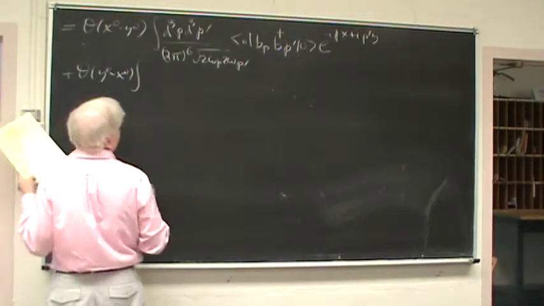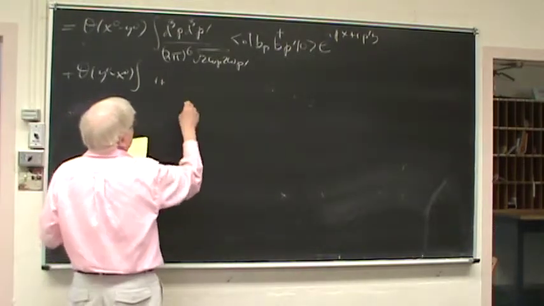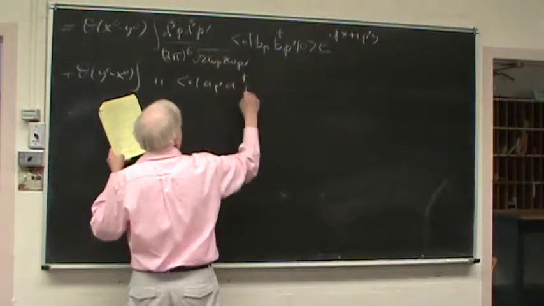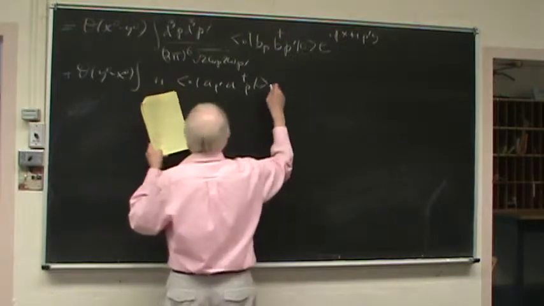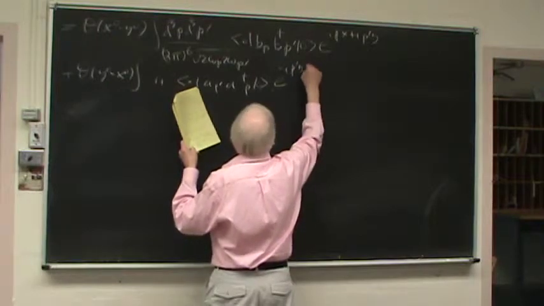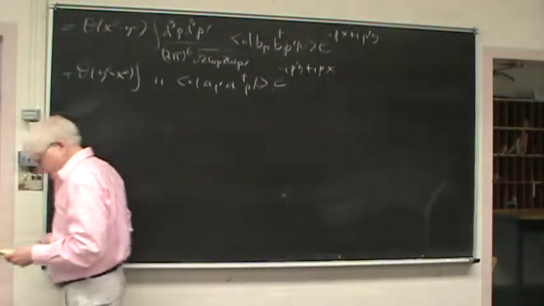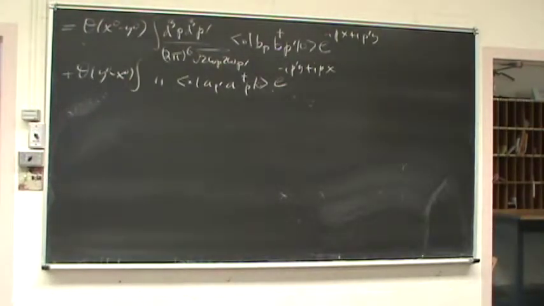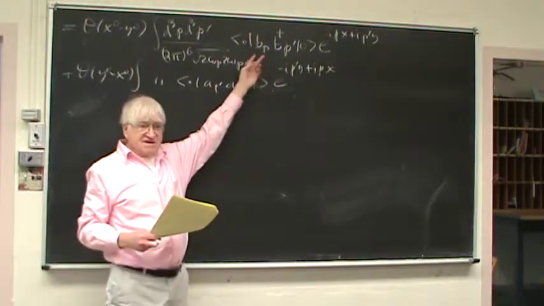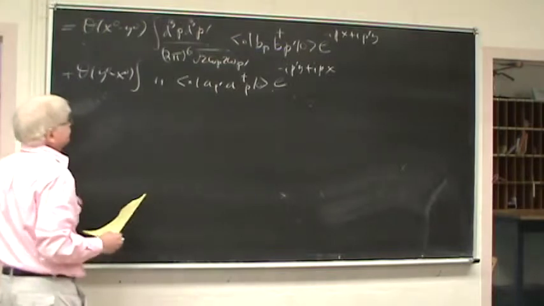Well, same business, so why don't I just say ditto, and the only thing that's different is <0| a(p') a†(p) |0>, but now the phase factor is different, so it is e^(-i p' y + i p x). Okay, so that's what this selectron propagator looks like. And of course, this thing here gives us (2 pi)^3 delta(p minus p'), and this does the same. And consequently,